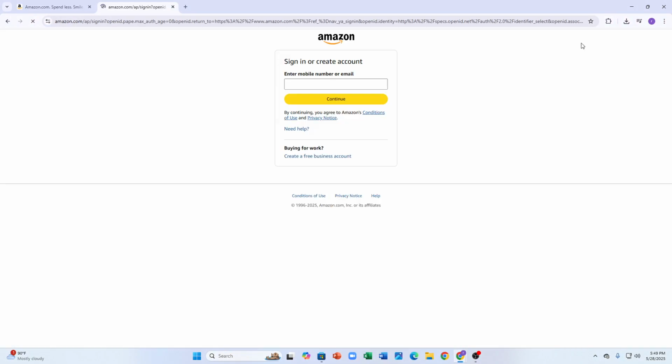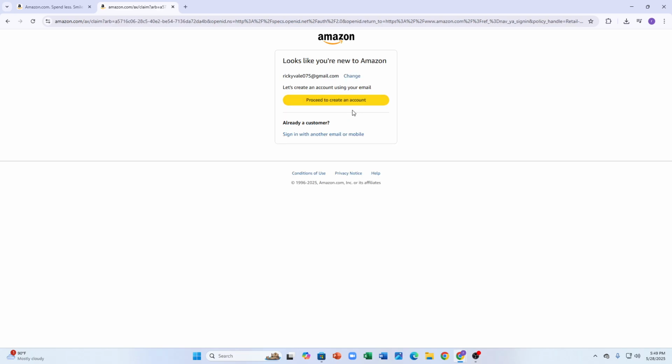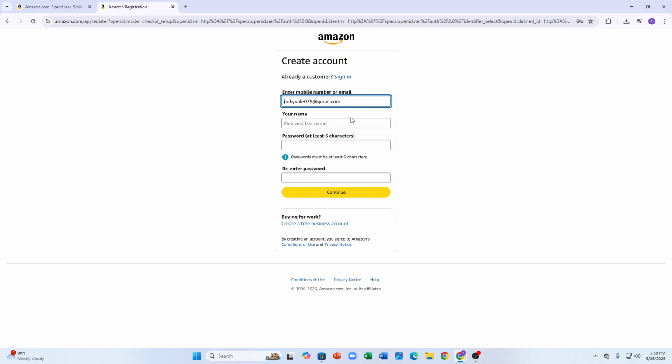Just have to click on here and you just have to sign in or create account. So after that you just have to click on continue and proceed to create an account. And after clicking on here you can give your name here and password as you want. You can re-enter your password